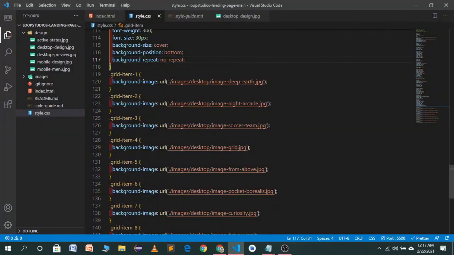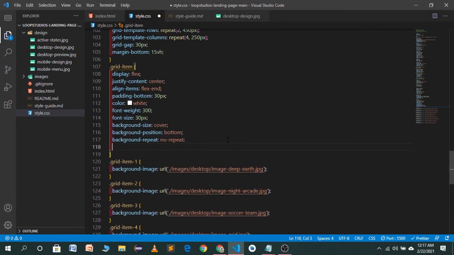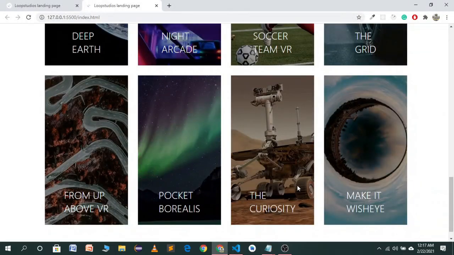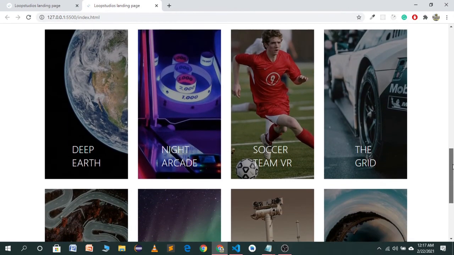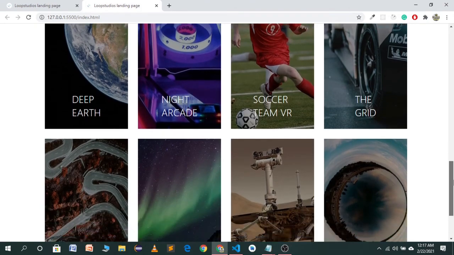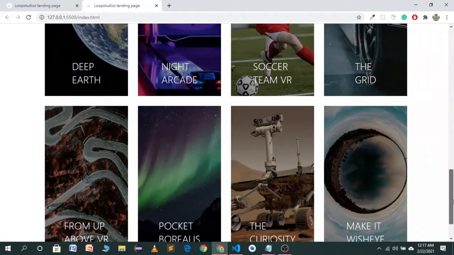I will go to my index.html and to grid items I will give this property and now you will see we have a box shadow black. This style is looking amazing right now and the text is very easy to read. So this part of our build has been completed.